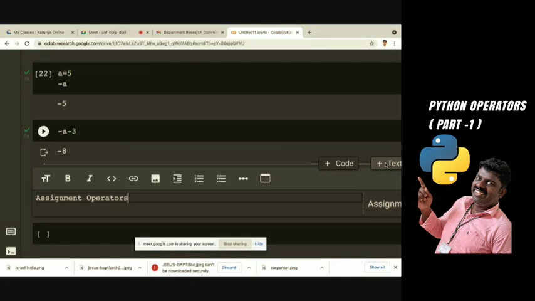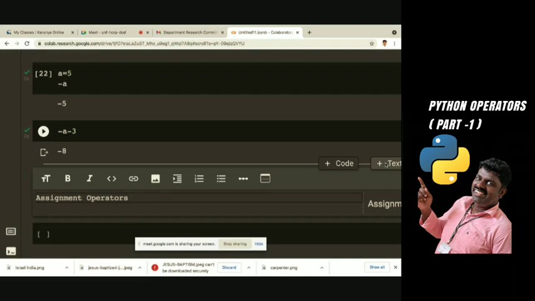If you want to go for relational operator, many people will do wrong in typing. When checking A equal to B, they will simply give A equals B, and sometimes they will use double equals for just assignment. Got my point? That is the mistake.